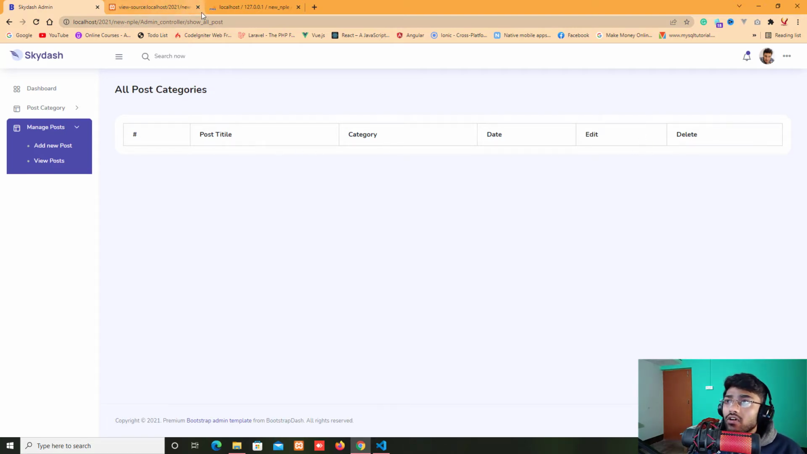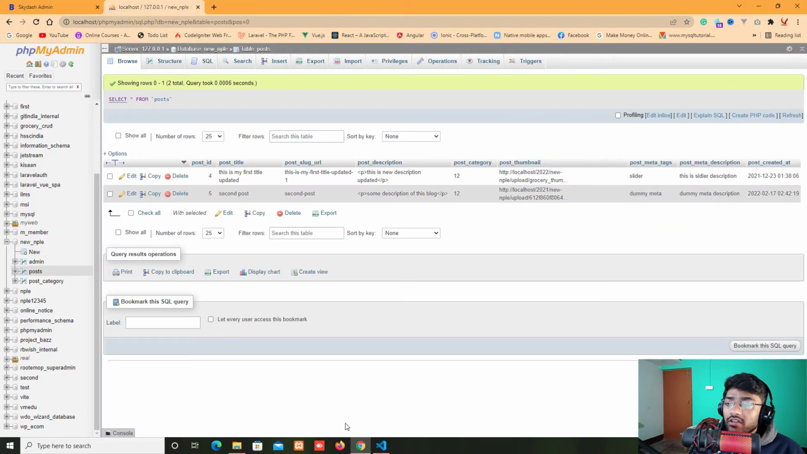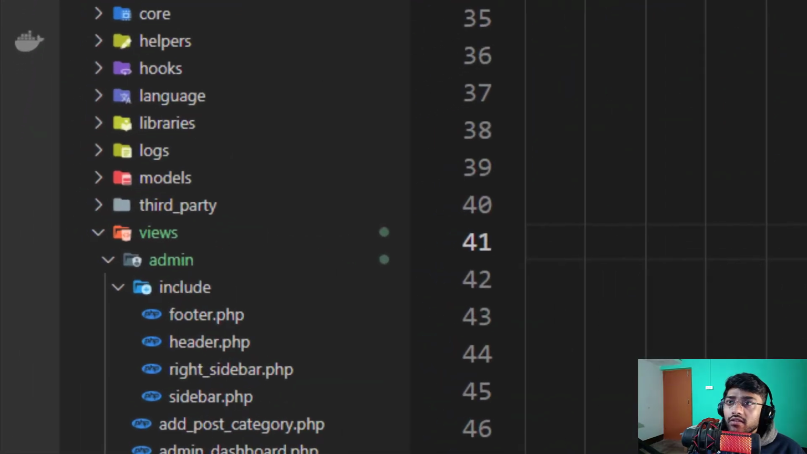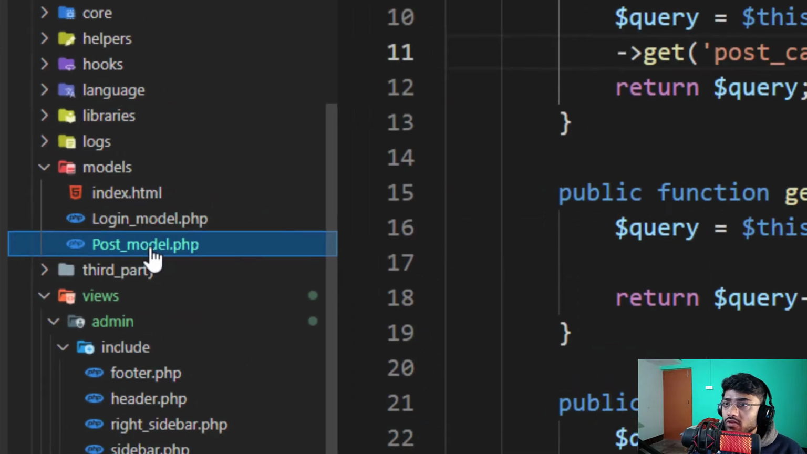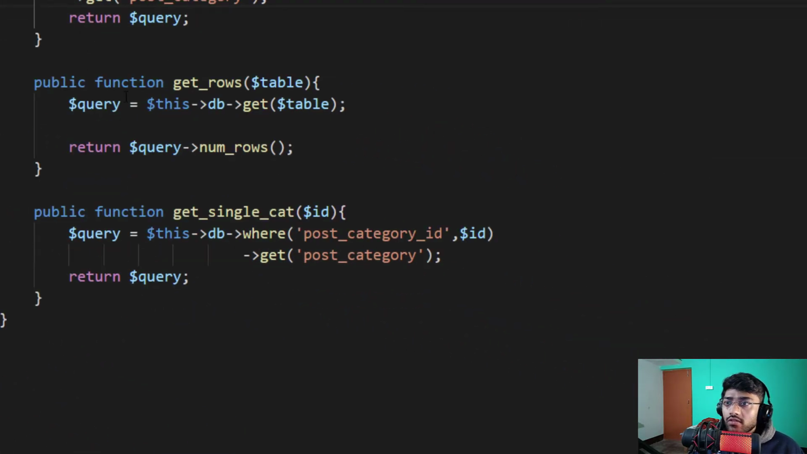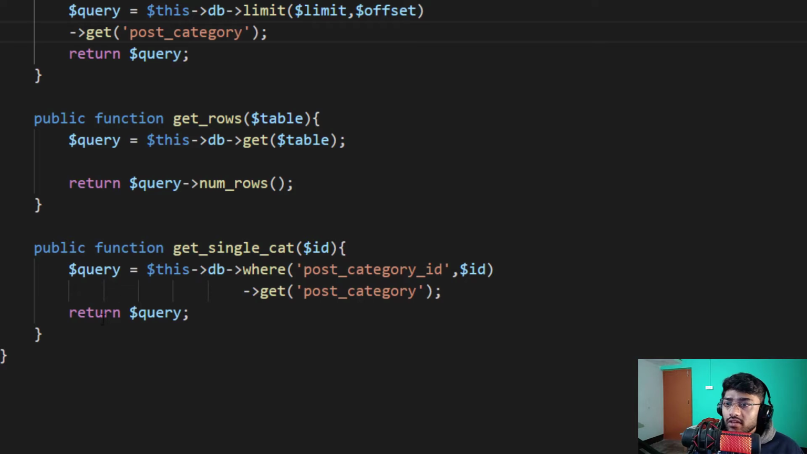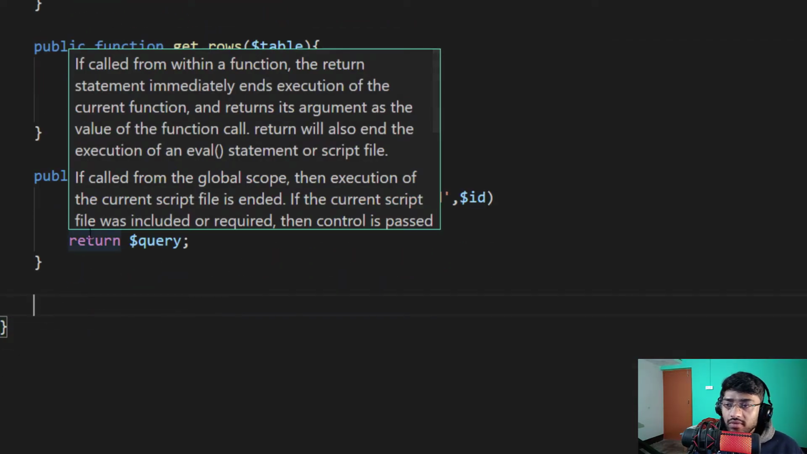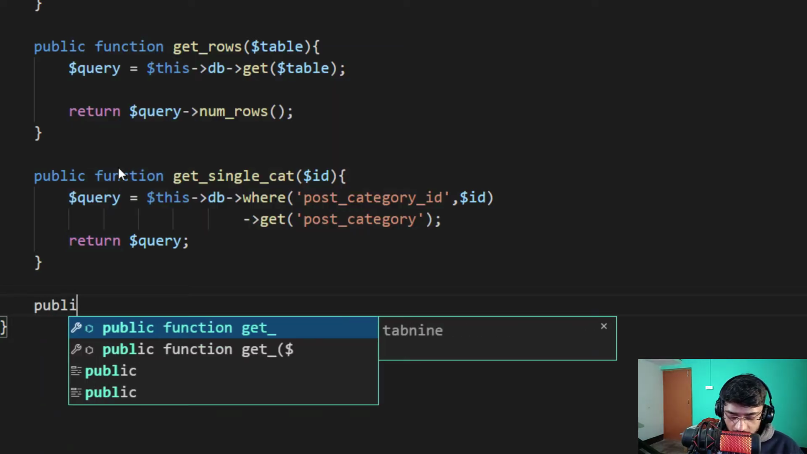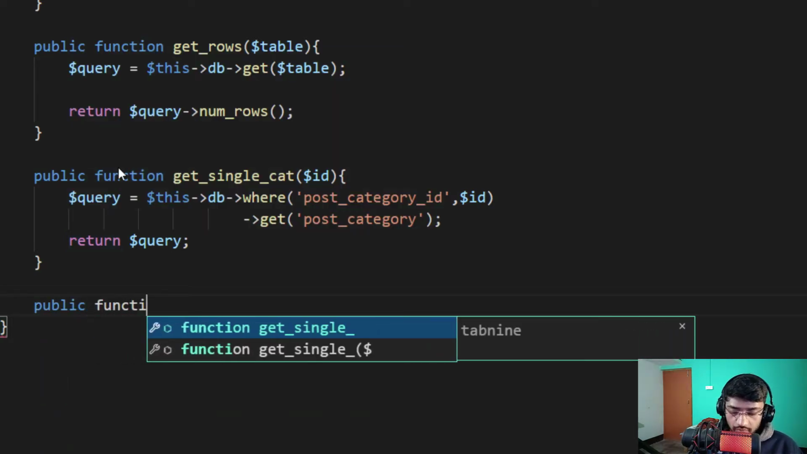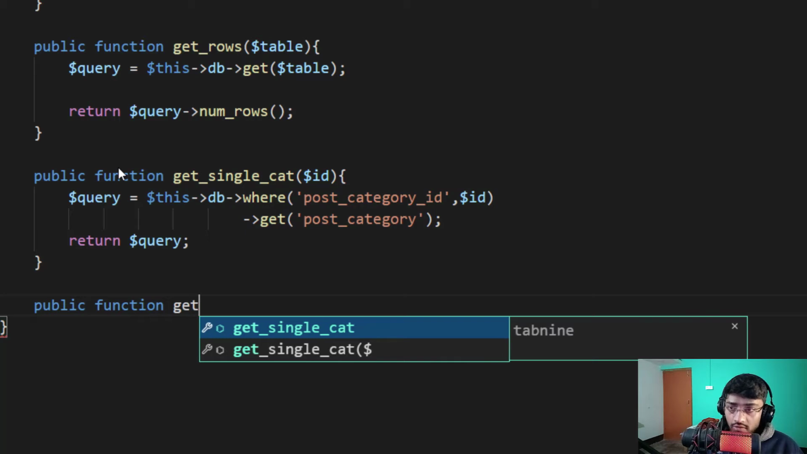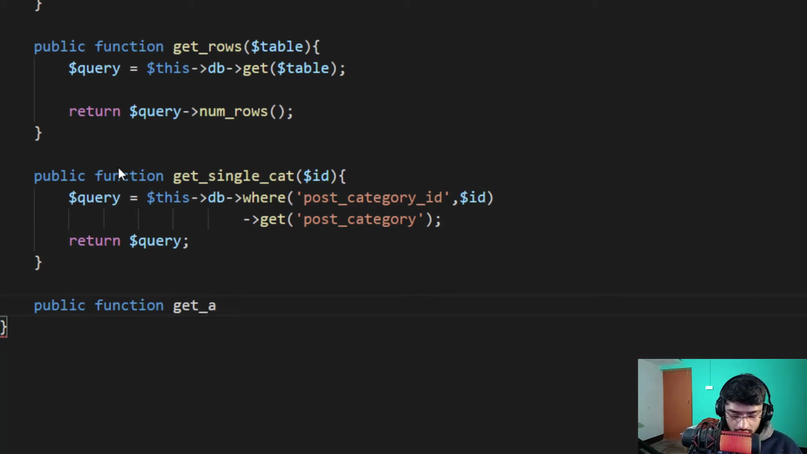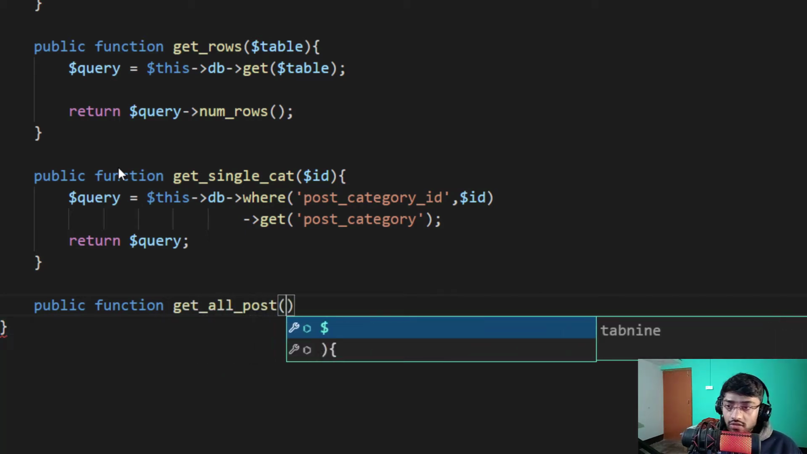Now we need to fetch all the data. So I create a model for that, my post model. Again, where we have just save category, I now create a new method in this model. So I just write public function get_all_post,